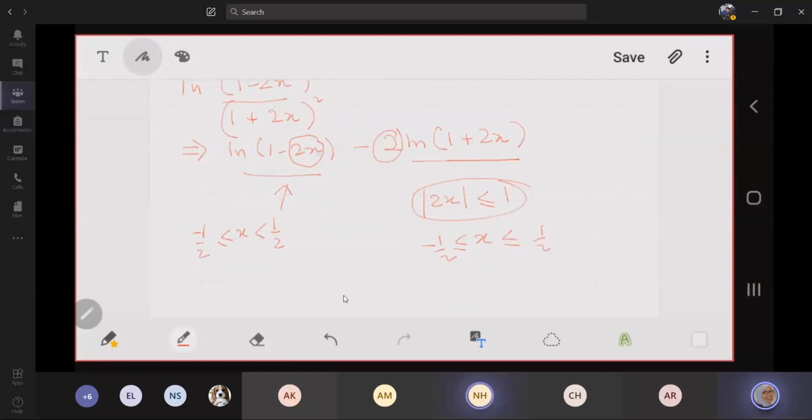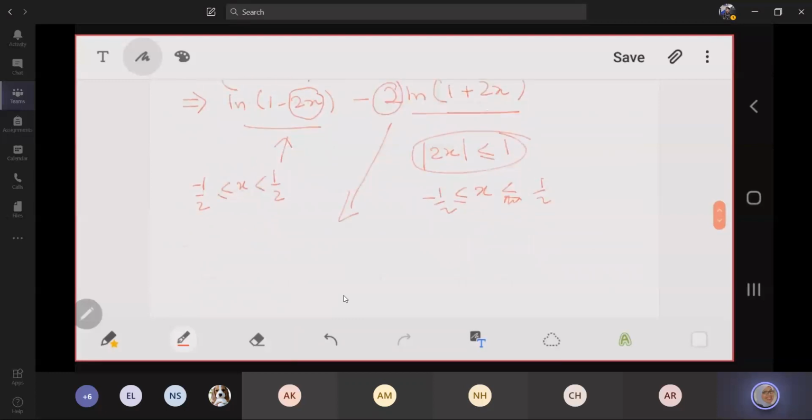1 minus 1 is 0. You cannot have ln of 0. So that's why you exclude the equality. For this one, it's the same thing. You cannot have half minus half here, because when you put minus half, you get 1 minus 1. So for this, the range of validity for that is this. Range of validity for this is going to be